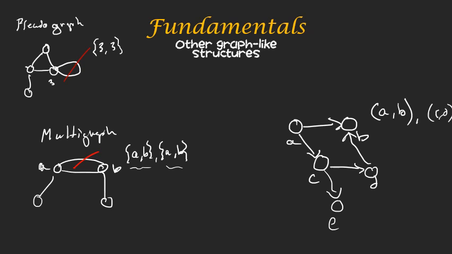Notice that BD, even though there's an edge between them, is not in the right direction. BD is not in the edge set here, but DB is. We can even have a multi-digraph where we have maybe some bidirectional edges like that. That's okay. So this is what's called a digraph,